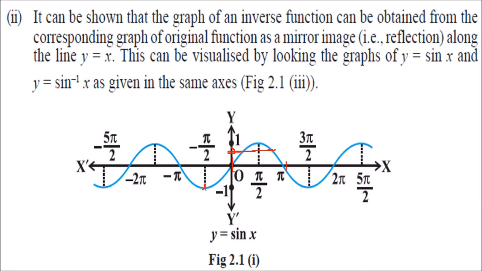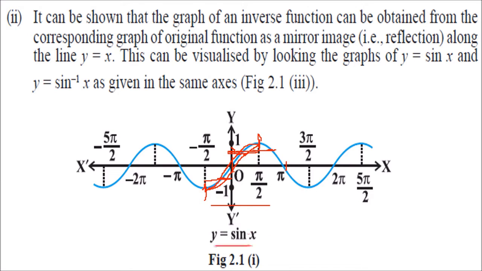We can take minus pi by 2 to pi by 2. Now for this particular area, if I take this value in positive and this value in negative, I'll get a unique value on the y-axis. That is why from this point to this point, we have a unique value. That means this function will be one-one and onto, that is bijective. Right? I hope you got the idea.